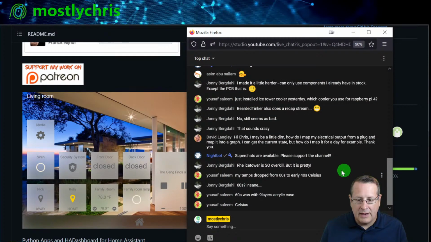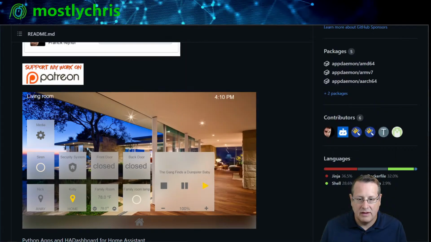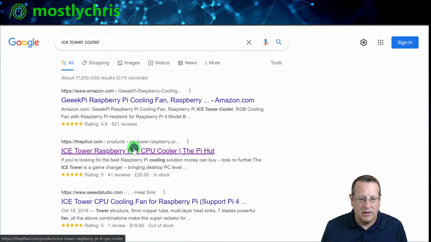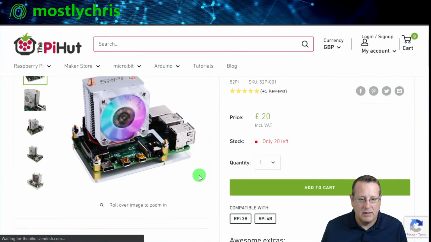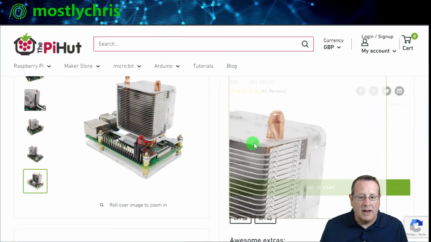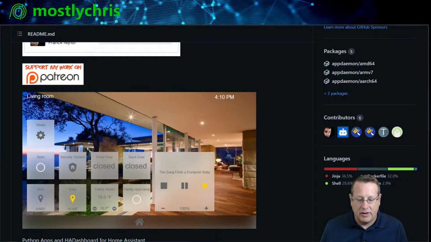Okay, so yeah, 60 degrees, 9 layers of acrylic case. So does that cooler sit inside a case? It doesn't look like it sits inside of a case very well. How do you cover the whole board up? I mean, it just looks like it's wide open on there. All right, that's interesting. Well, I may have to put a fan back on mine to see if that helps